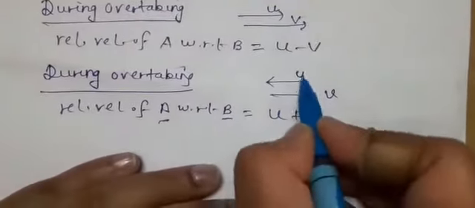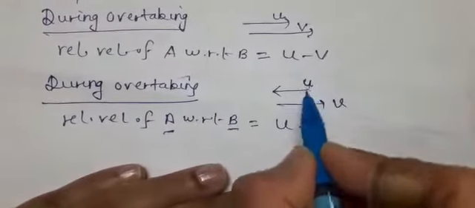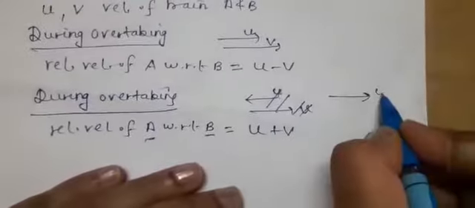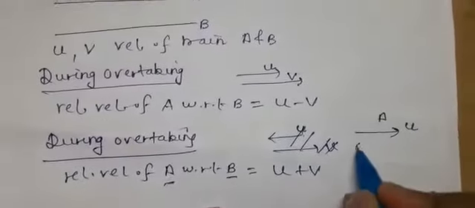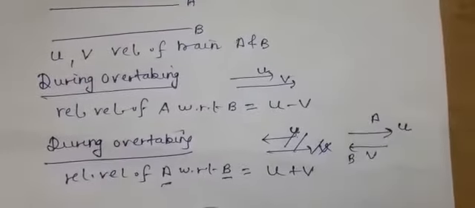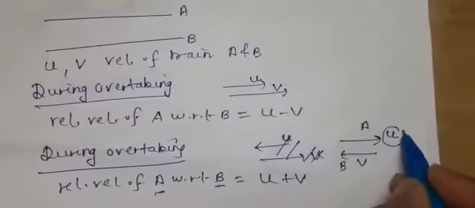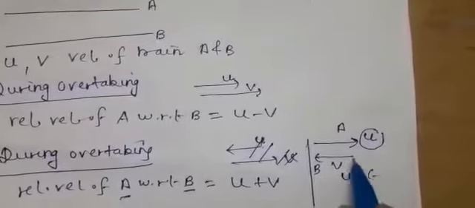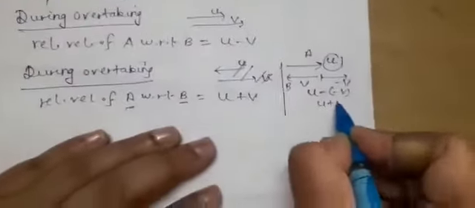So you are taking the velocity of A as the standard direction, or if this diagram is confusing, because it is our choice to draw this diagram. So if A is moving along this direction, B is moving along this direction. So this is taken as the standard direction. This will be U, and in this direction the velocity of B is minus V. So it will be U plus V.